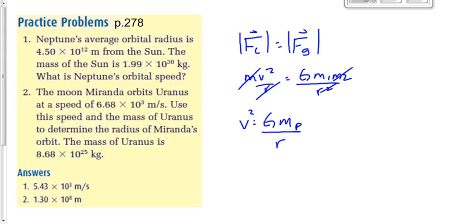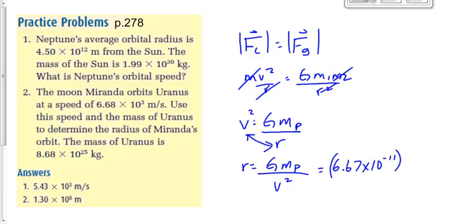All right, we're looking for the radius of Miranda's orbit, so we're going to take that up by multiplying, take the v squared down by dividing, and we end up getting G times the mass of the producer over v squared. So it's going to be 6.67 times 10 to the minus 11 times the mass of the producer,